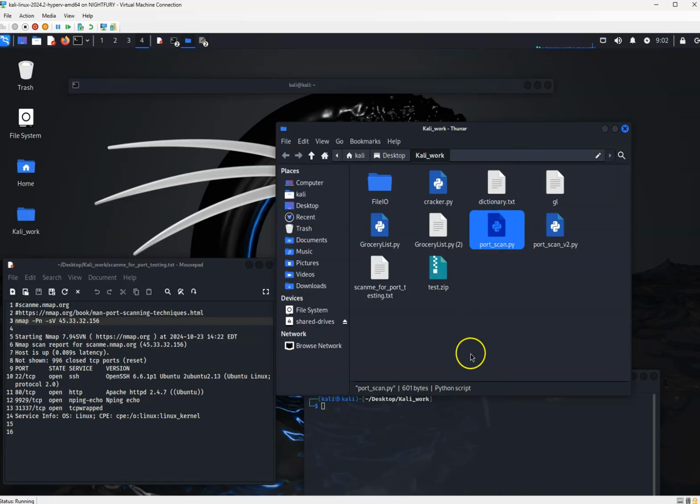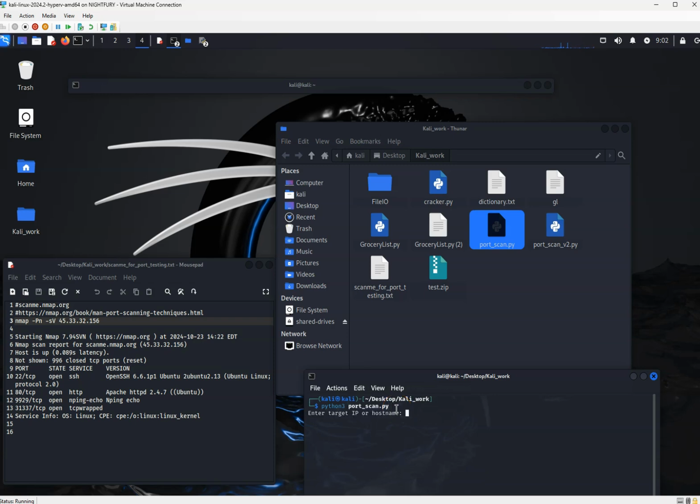Okay, so to run it is pretty simple. All we're going to do is use Python 3, and we're going to type in port_scan, the name of the Python script that we just wrote, and run it. It's going to ask for the IP address, and remember we're going to use this one right here for nmap. So we'll go ahead and type that in,